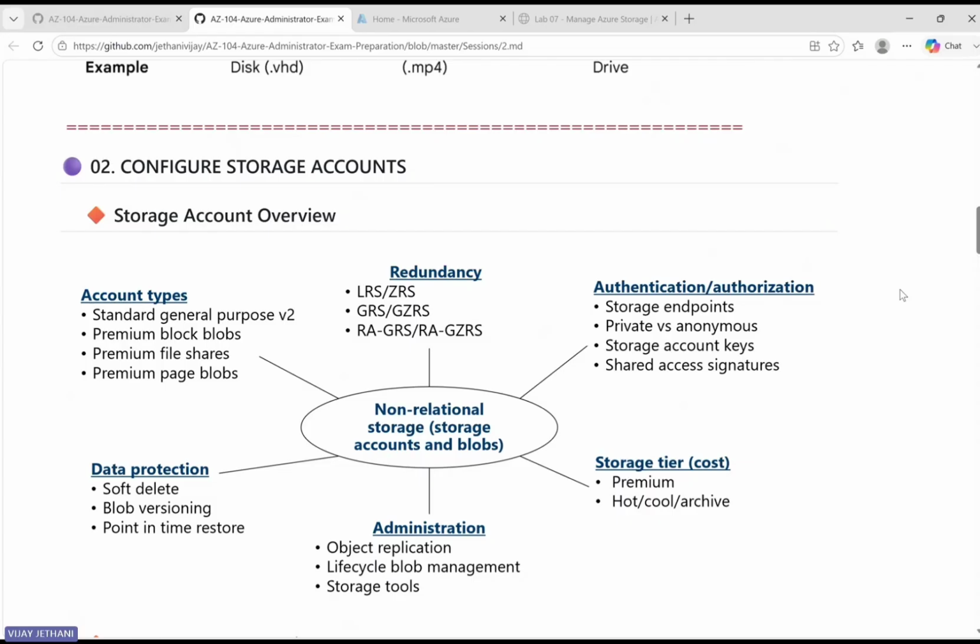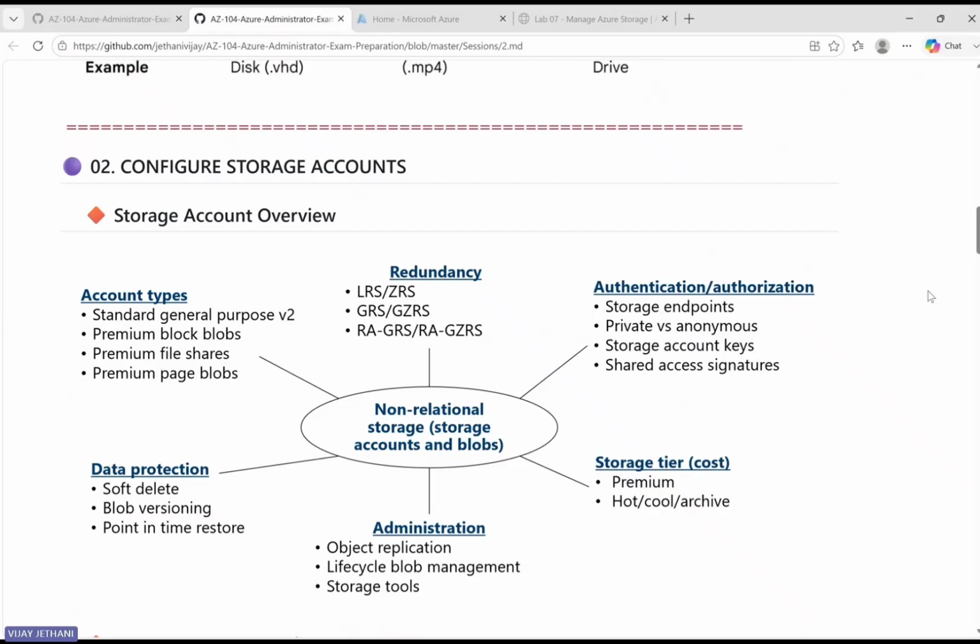Okay, that means I want to make this available from this particular endpoint and accessible by a specific network, then giving access to everyone. So from that point, it also brings us private versus anonymous. That means if I create a storage point with private access, I can give access. But if it is just a website or public access, or something like a drive which is shared across everyone or every department, I can also give anonymous